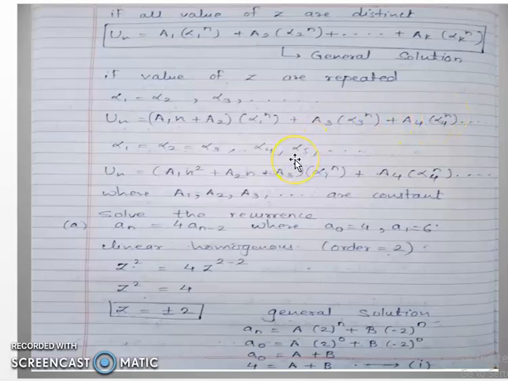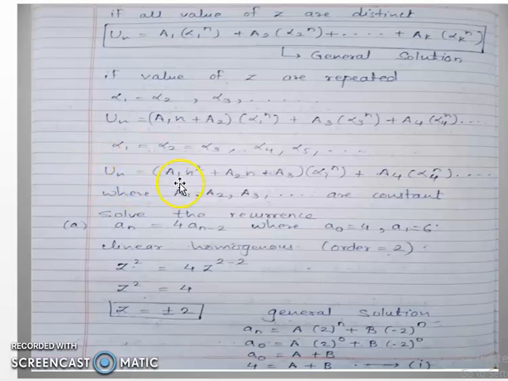Next condition, if the values of the first three roots are equal, that is alpha 1 is equal to alpha 2 is equal to alpha 3. For example, if alpha 1 has the value 1, then alpha 2 is also 1 and alpha 3 is also 1. Then the first three root values are the same, and we find the general solution of this type of recurrence relation using this formula,